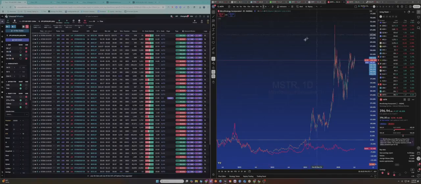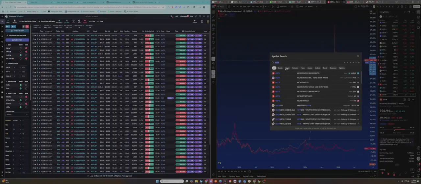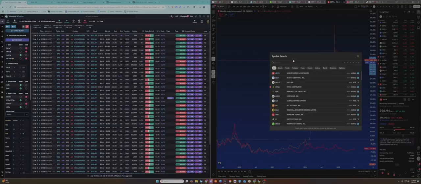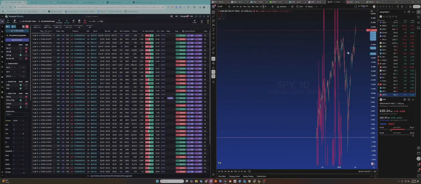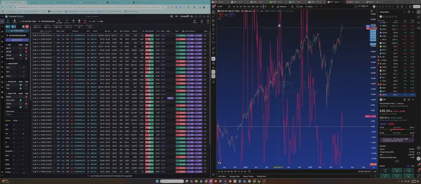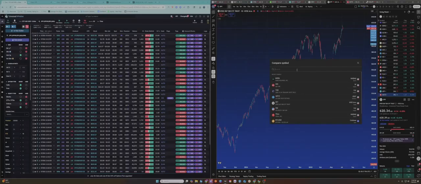So we'll even go a shorter time frame here. We'll pull up SPY. So this was a temporary one. We'll go SPY, and then we'll take off Mara. We'll go USD/JPY. This is the Japanese yen.